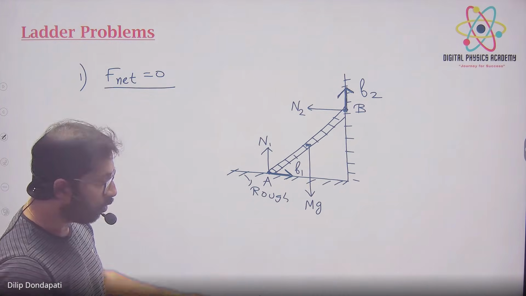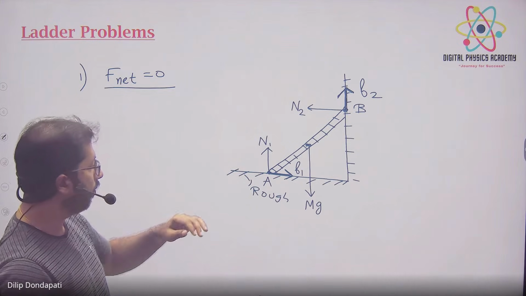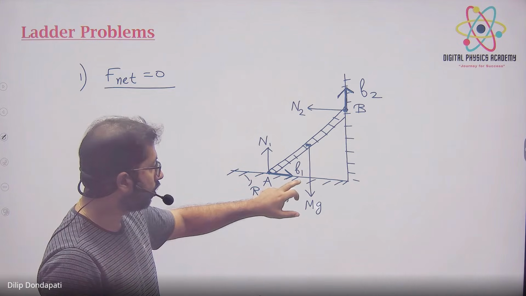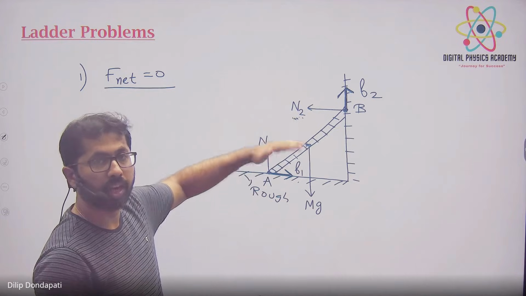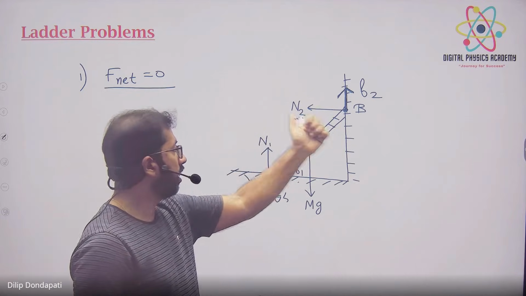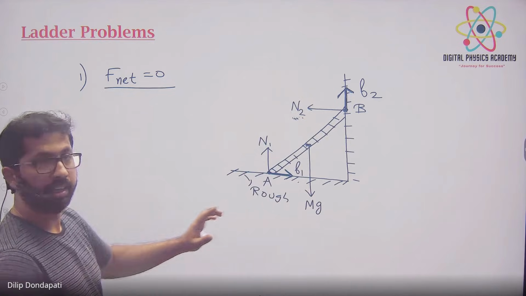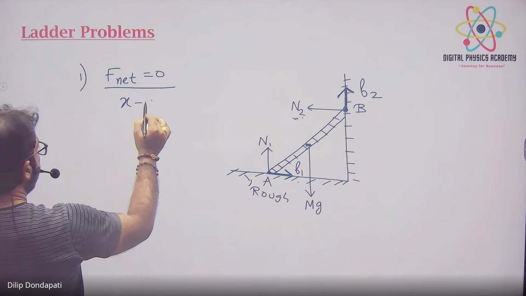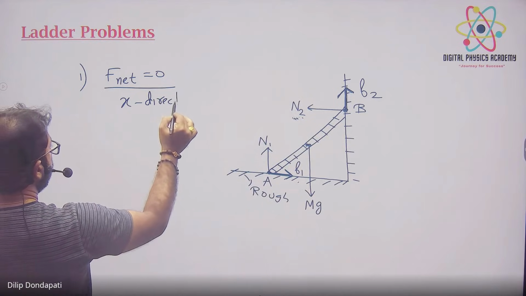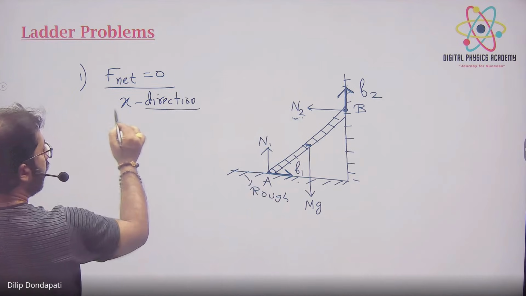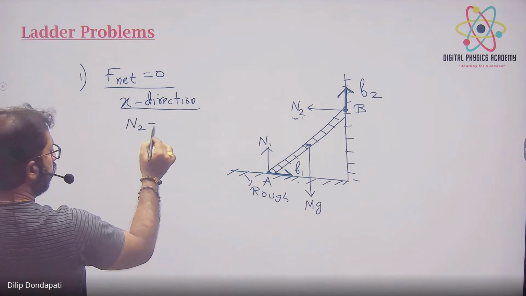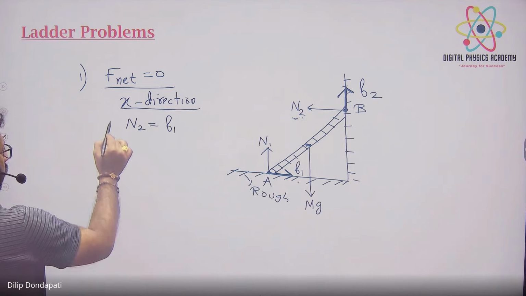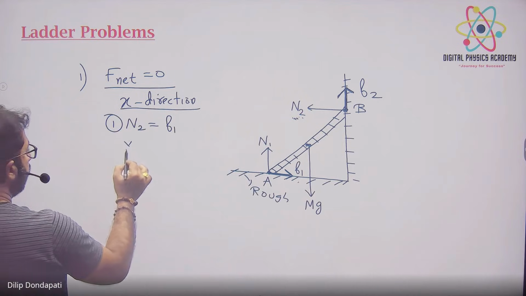Now tell me, net force is 0. X direction में what are the forces acting on it? Tell me. Only in X direction. One is friction force. One is this direction force, right? N2 force. So these two forces are acting in X direction. So this side force equal to this side force, right? X direction में. So equate always. Net force is 0. मतलब this side force equal to this side force. So N2 is equal to F1 first one, and y direction में